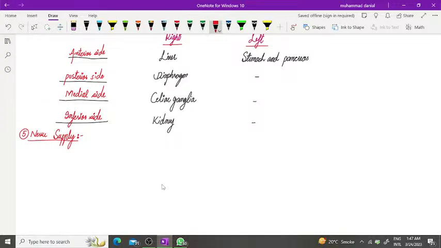Both suprarenal glands are innervated by preganglionic